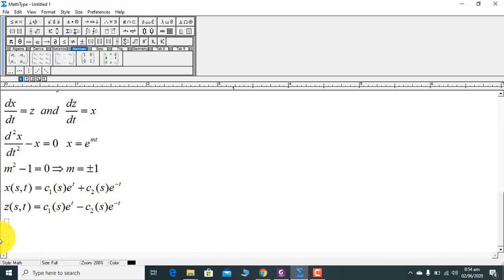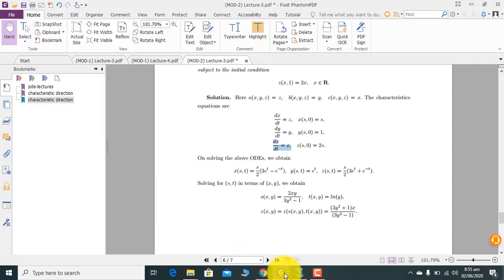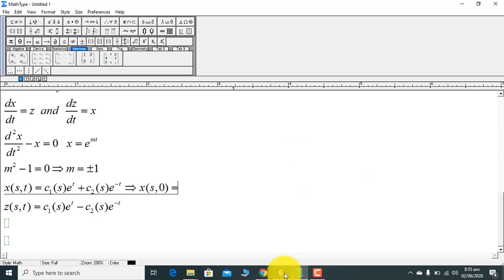And you have two conditions. How can you solve these two conditions? For x, you have x of s comma 0, which is actually what? The answer is 2s, sorry, s. So the answer will be what? On the right hand side you will get c1 of s and c2 of s, because e to the power 0 is 1. Similarly here